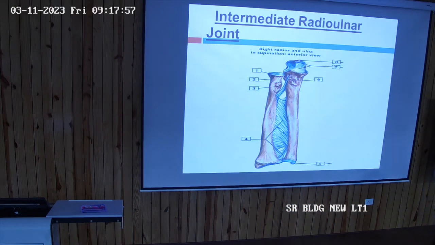Now this interosseous membrane, the fibers are running downward and medially. Now what is the function of this interosseous membrane? Why is it required? First of all, it gives attachment to these two bones. The medial border of the radius, which is sharp, and the lateral border of the ulna, which is again a sharpish border of the ulna. Both of these are known as interosseous borders because they give attachment to the interosseous membrane. Now the second function is it gives attachment to the muscles.